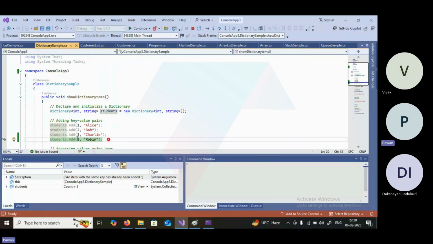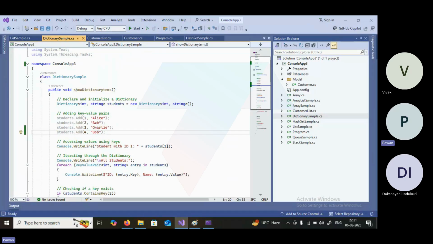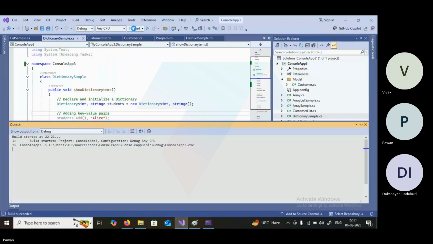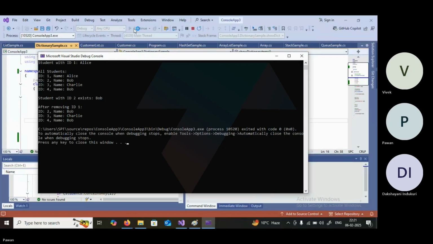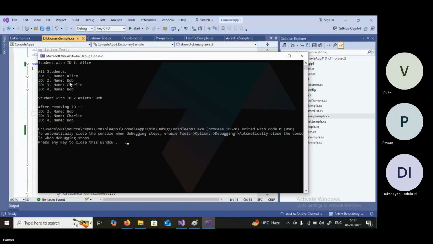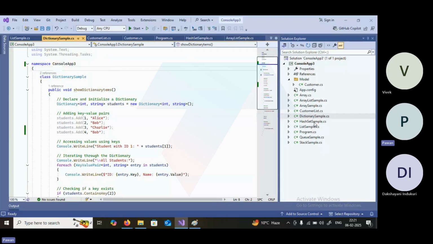Meaning to say, let me change this key to 4 and change the name to Bob. So the key is unique, but Bob, as data, is duplicate. You can see two entries for Bob, two students, Bob and Bob, but both having different student IDs. Okay. But in case of HashSet,